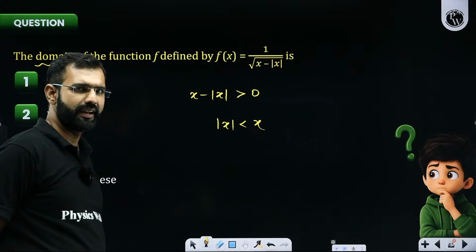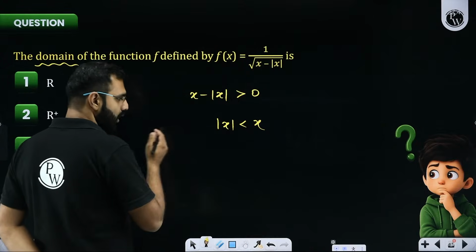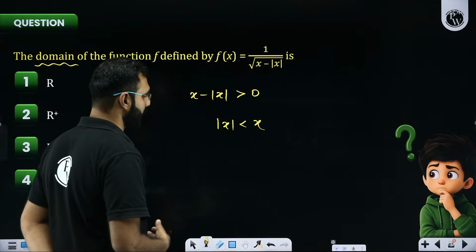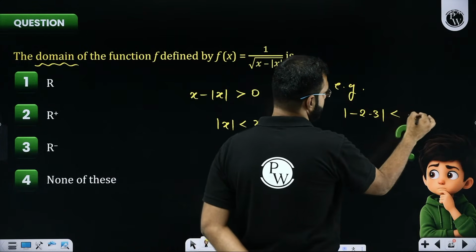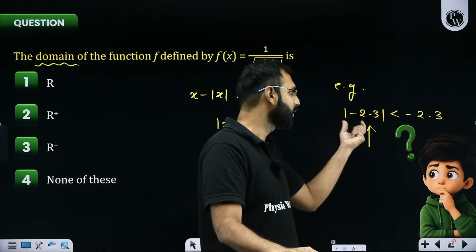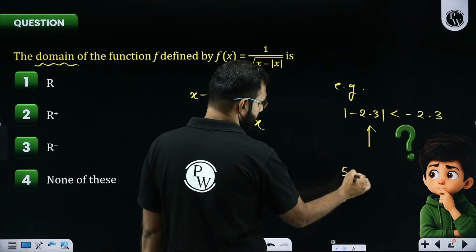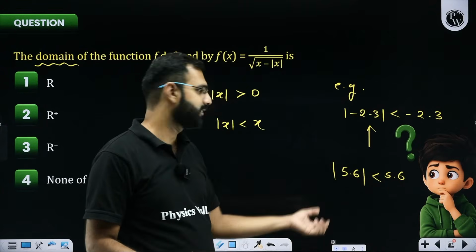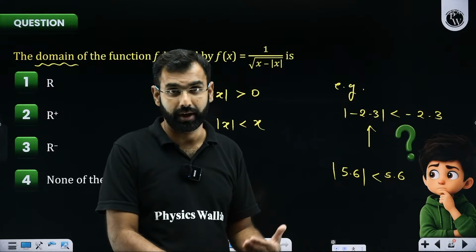Now you tell me, do we really have this scenario? Let me give you some cases. You can do it algebraically as well, which you really don't have to. You use your brain and you can conclude that this never happens. Let me take some examples. Mod of minus 2.3. Is it less than minus 2.3? Modulus always gives you something non-negative. And you're saying something non-negative is less than a negative? Impossible. Let's say I take some other number, let's say 5.6. So mod of 5.6, will it be less than 5.6? If it is already positive, its magnitude is positive, and that same number is less than itself, never happens. Getting my logic, everyone?